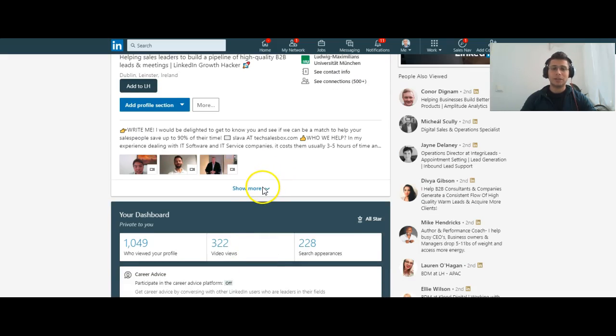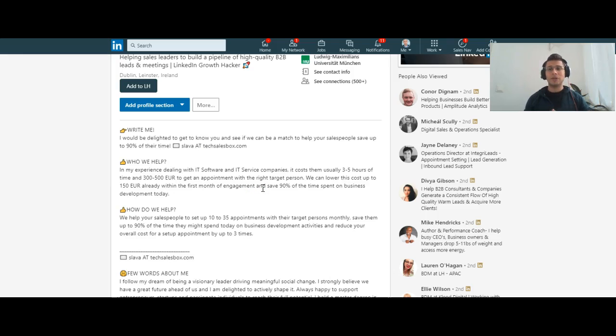Another thing, if I look at the content, it has to be structured. One way to structure it is to use emoticons, those icons. Those icons make it visually structured, and make sure there are big spaces between the paragraphs. It's easier to read. And you want to include who you help, who you work with, how you help, with what, like what are the pain points, and how you are different, and what are the ways to contact you.